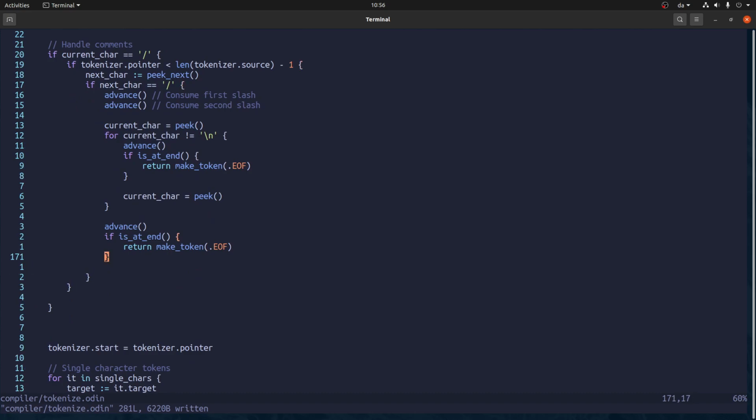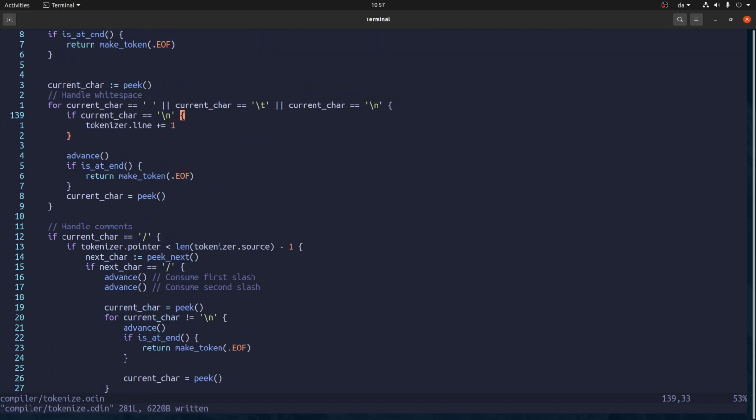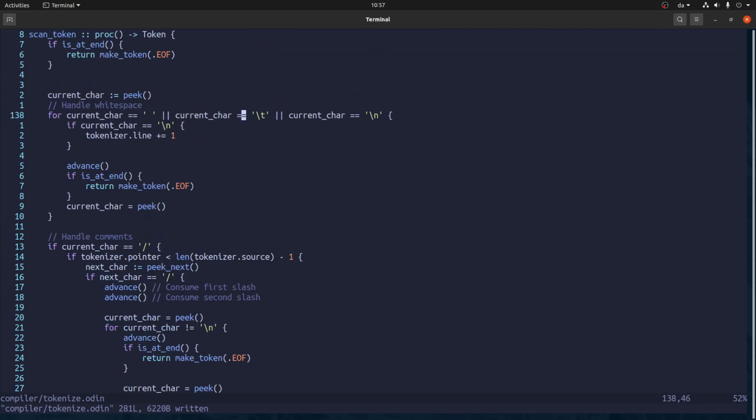Because that would exit out of the function. Otherwise we can abstract this out.